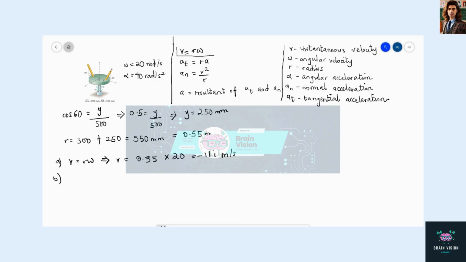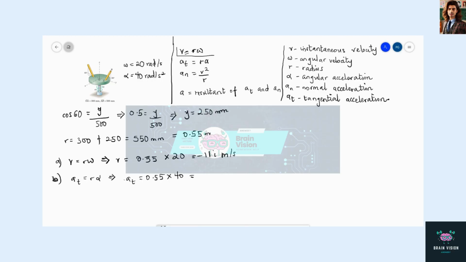And then for B, for the acceleration, this is in two parts. We're going to find the tangential and then the normal acceleration, and then we'll find the resultant of the two to find the acceleration. So let's start with the tangential. A_t is equal to R alpha. So A_t is equal to 0.55 times alpha, which is 40, and that's equal to,